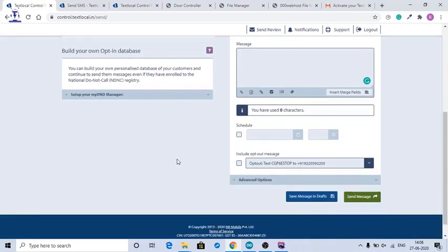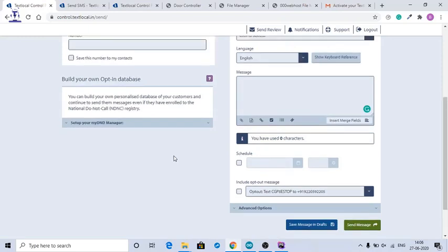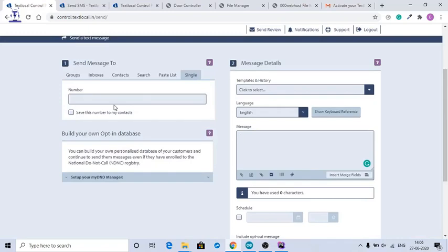Now if you do this, Textlocal will send an SMS to the particular number, and your friend or anyone won't be able to recognize who actually sent it. So please don't do this on a very serious note. You can obviously do this as a prank, but if it harms someone, please don't do this.